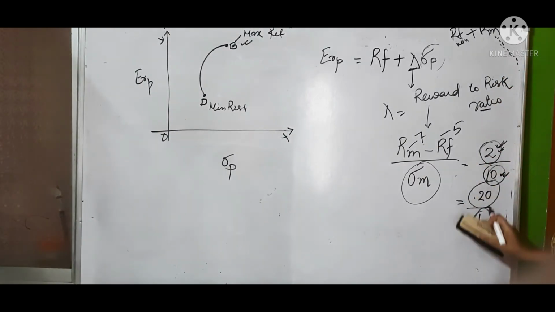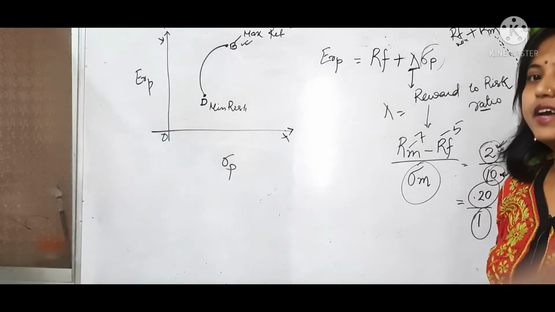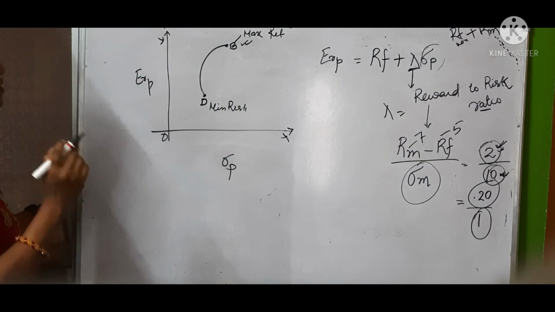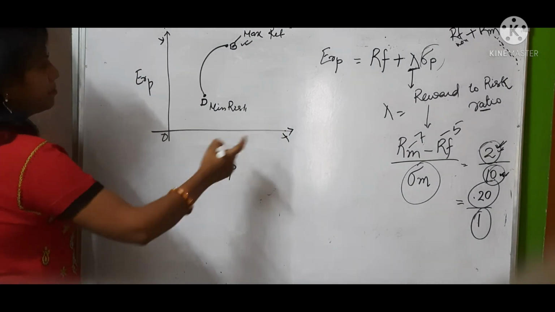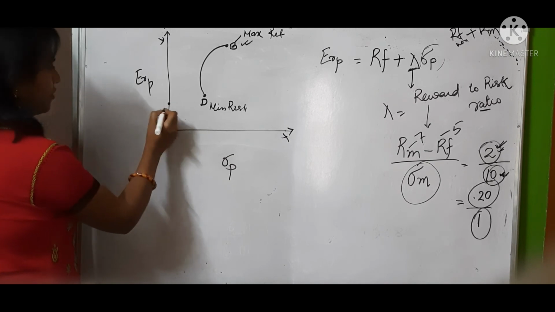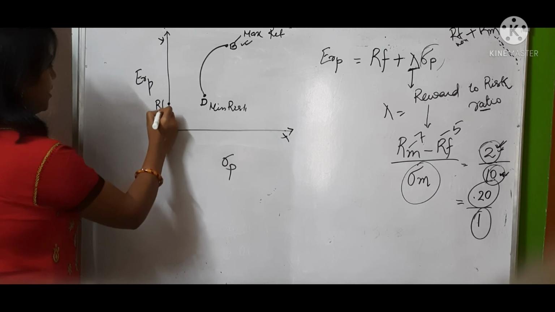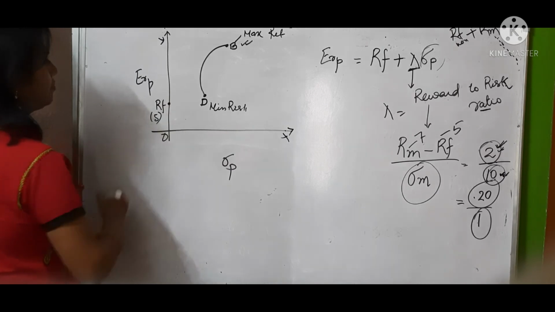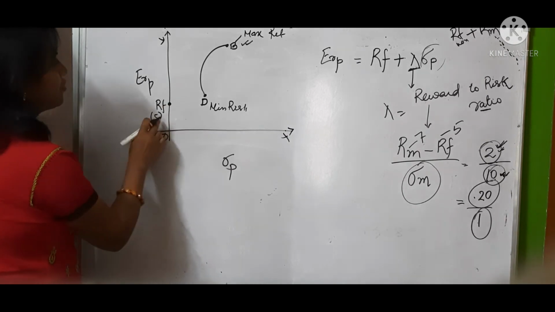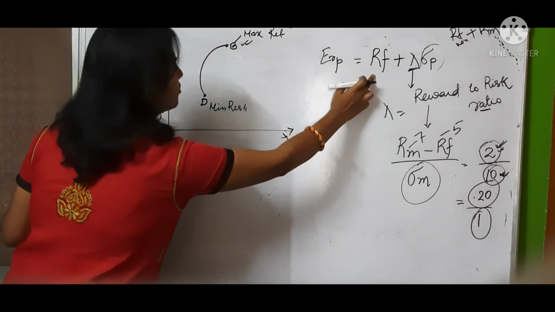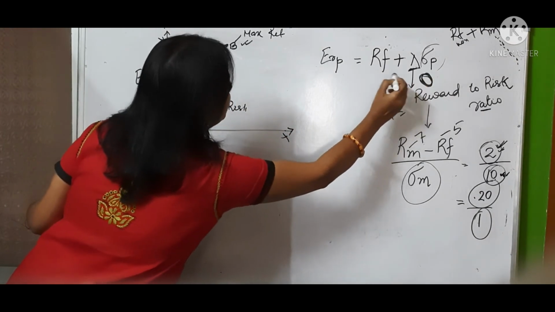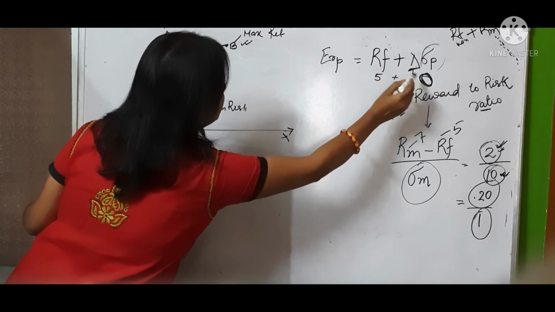Now if I have to show it graphically, and I told you that the efficient frontier is necessary to understand the capital market line. So you see, suppose there is a risk free return, which in my case is 5 rupees. So I am writing RF. RF means risk free return, which is 5 rupees. Now suppose I invest all my money in risk free assets, so there is nothing invested in the market, so 0. So this will become 5 only, 5 plus 0.